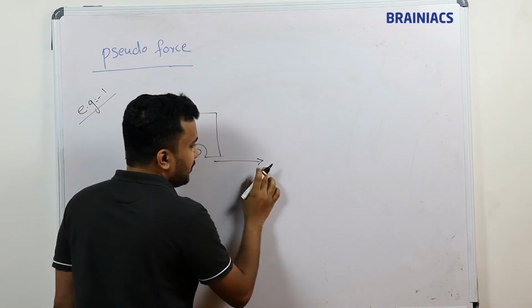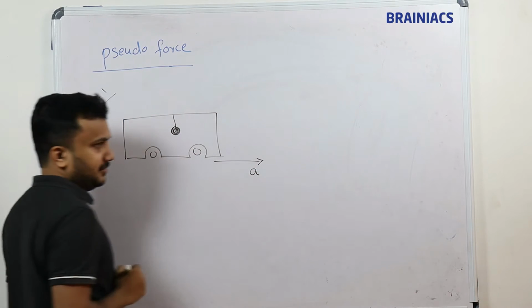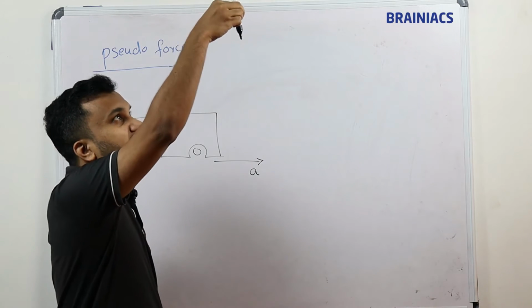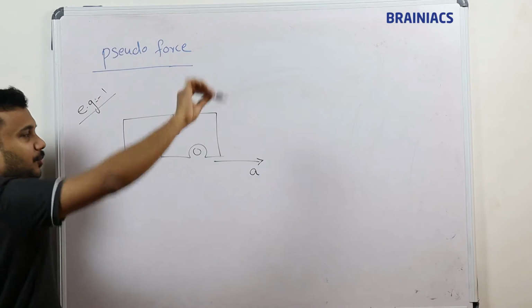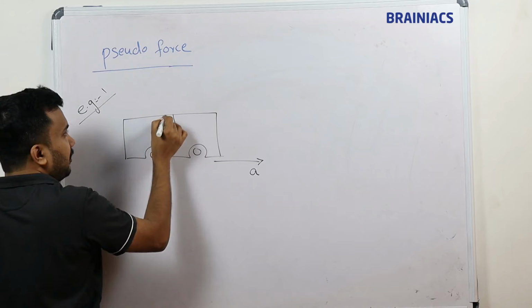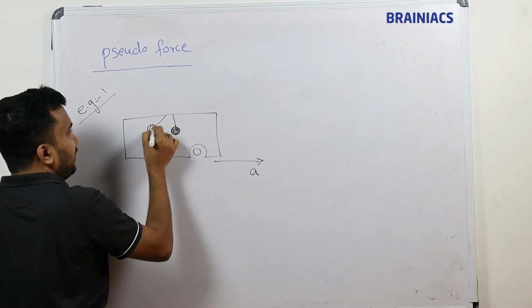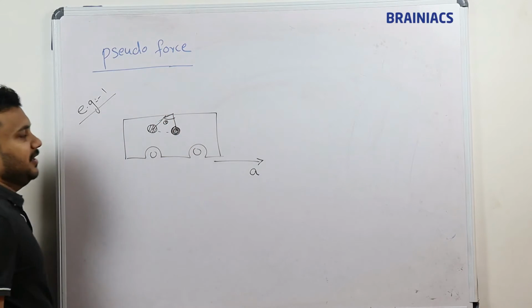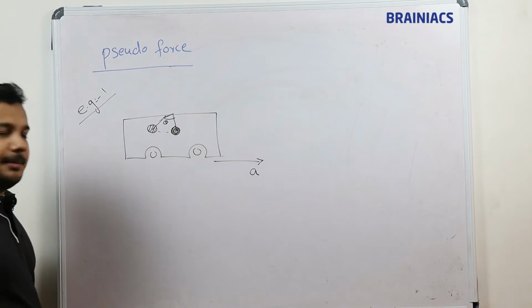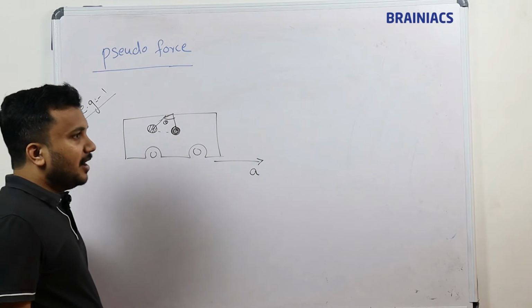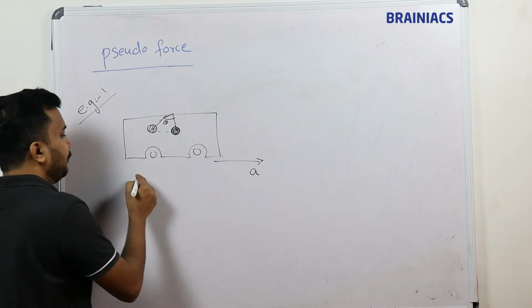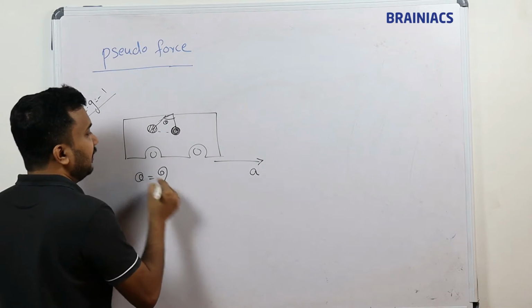If the car is moving with an acceleration a like this, and a car is moving at very high speed, something hanging inside will go in which direction, forward or backward? Yes, it will go in the backward direction and hang like this, correct? And this angle is called theta. This is what is happening. Next, I want to find out the value of theta, how much angle it will be tilted.